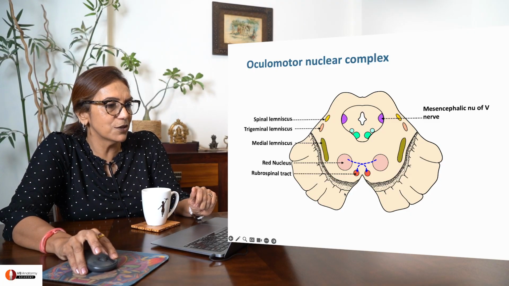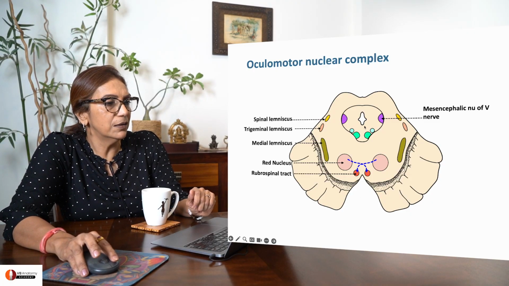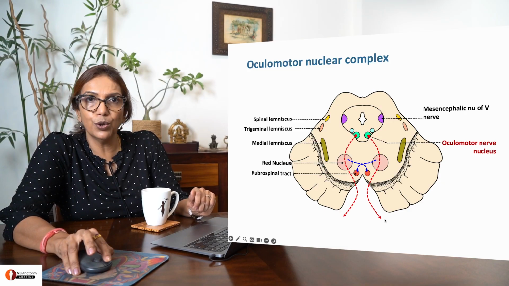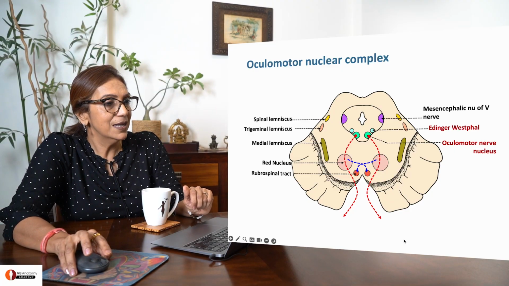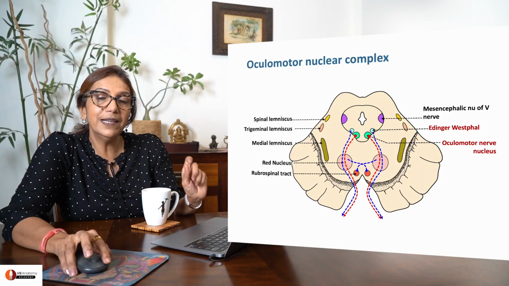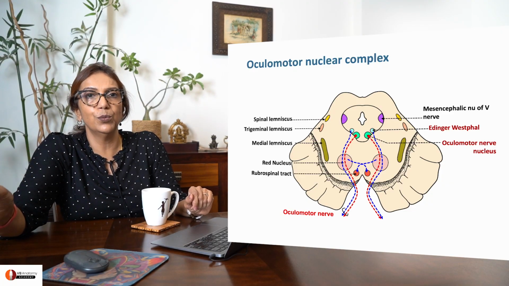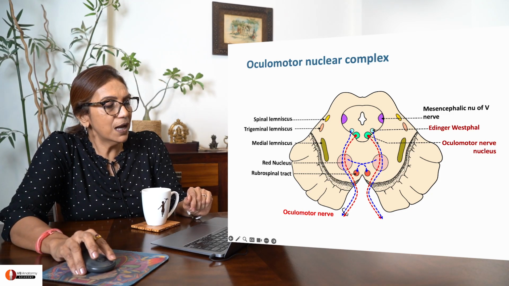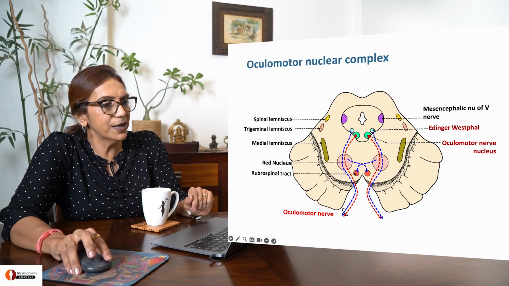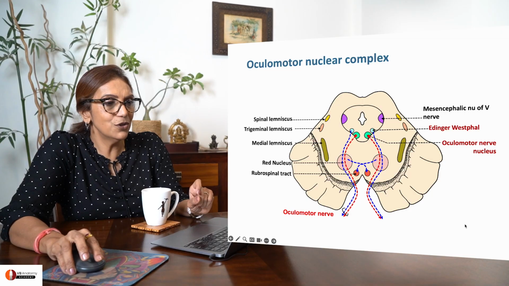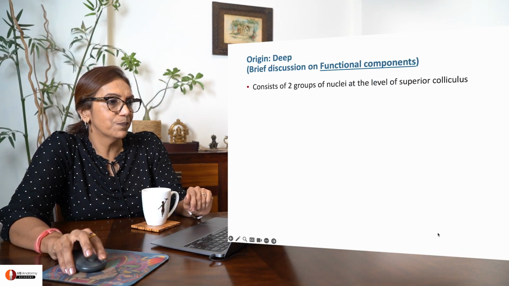Okay, you can see the substantia nigra, the crus cerebri, the oculomotor nerve nucleus, giving rise to the oculomotor nerve which will supply the muscles, and the Edinger-Westphal nucleus, giving rise to nerve fibers that travel with the motor fibers of the oculomotor nerve, together forming the oculomotor nerve. You can see how both of these pass through the red nucleus and the medialmost end of the substantia nigra, to emerge out at the medial sulcus of each of the cerebral peduncles.